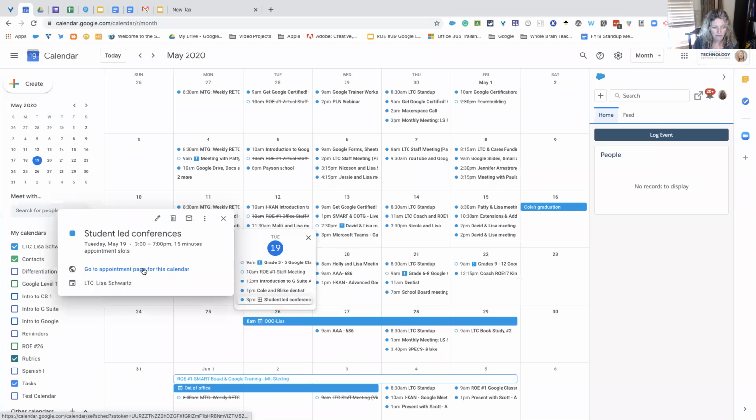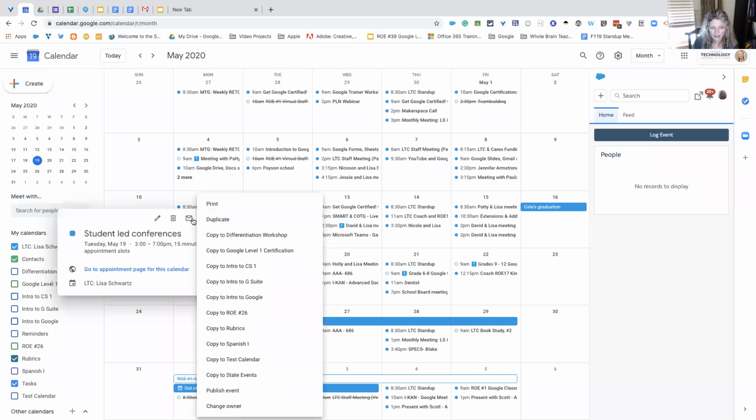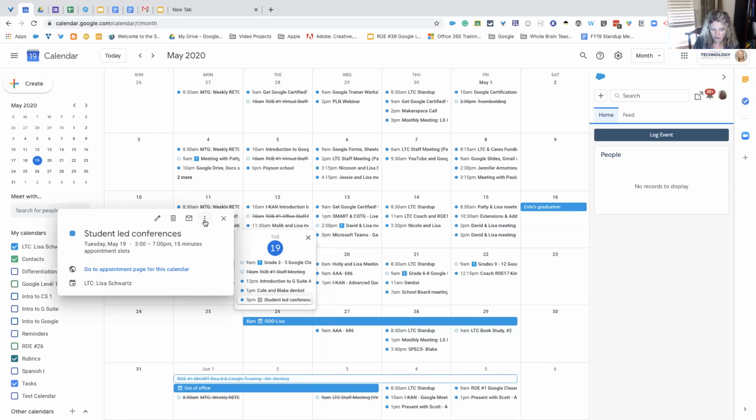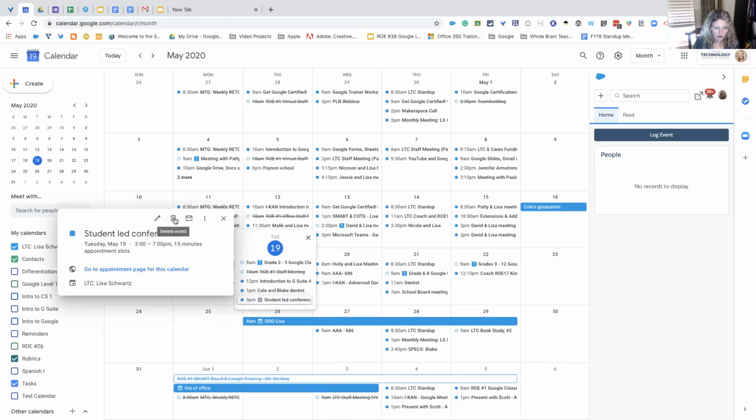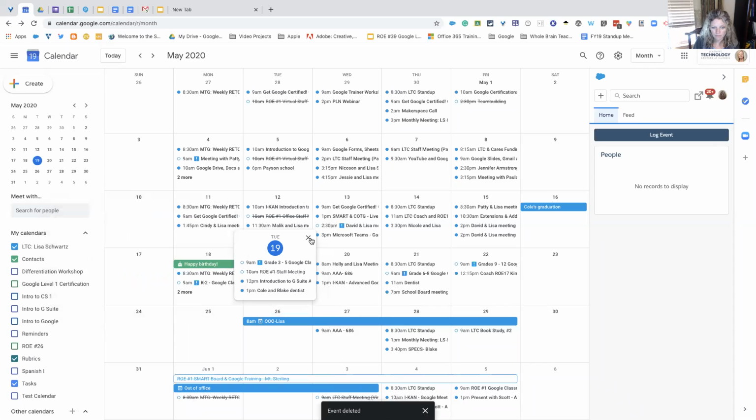If I don't want this any longer, I can delete it. Again, here's where I can email guest. I can edit this, click on those 3 dots, and I can have other options. I can copy it to different calendars as well. So I'm going to just go ahead and delete that for now. But if I just come back up here,